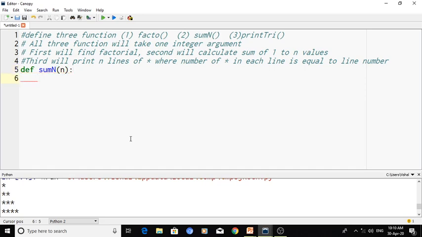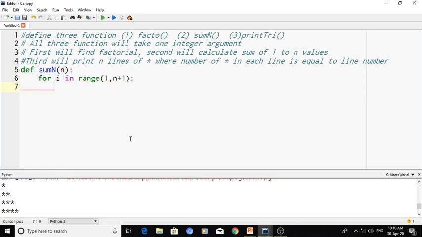Now see, I will run a for loop 1 to n. So for i in range 1 to, now I want to generate values 1 to n, so I will go for n plus 1, because we know that the range function generates the values from the start to 1 less than the end value. So the end value we keep n plus 1, so it will generate 1 to n.